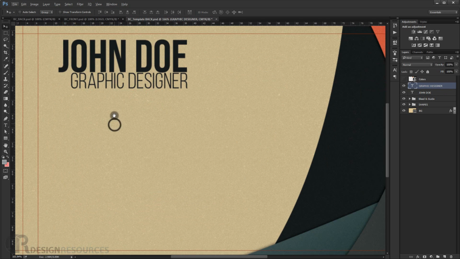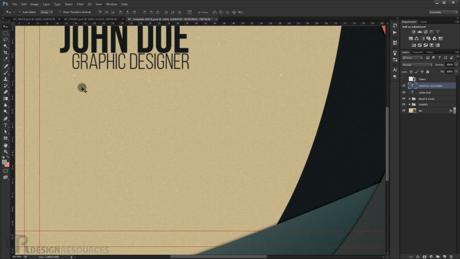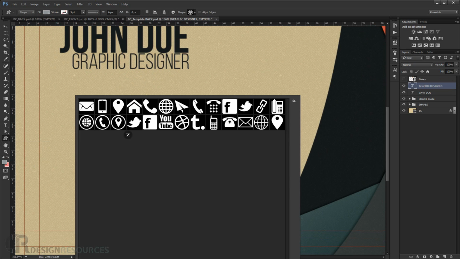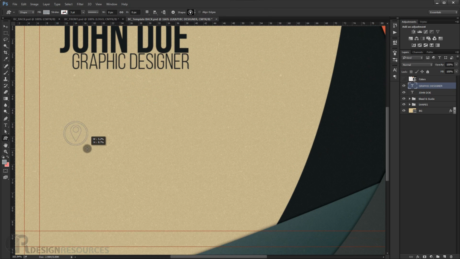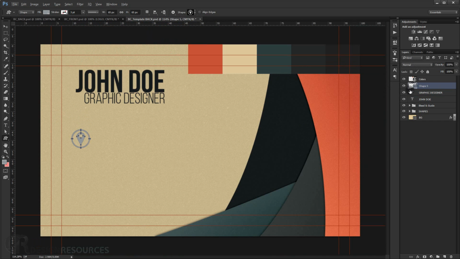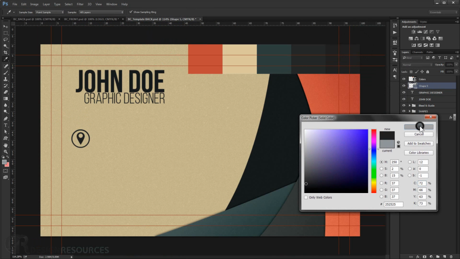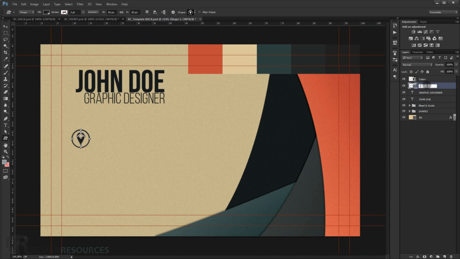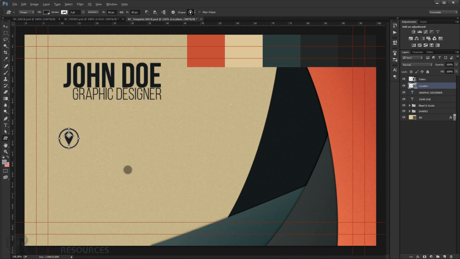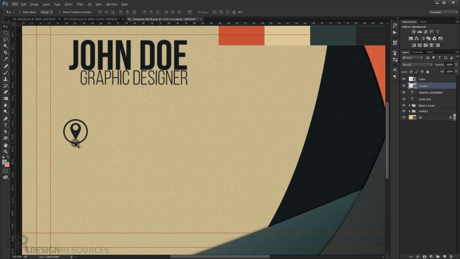Alright, now we'll add the icons of our info in here. So we just go to the shapes in here and we choose this one for the location, and we just make it, alright, something like that, and we make it in this color in here. So we just put this color like that, and we call this location, right? Somewhere in here,